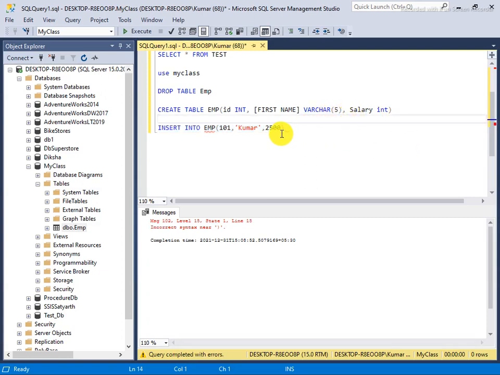First name, salary integer. Oh sorry, I forgot to make it here. So I select this and I run it, and you will see that the query has been done successfully.